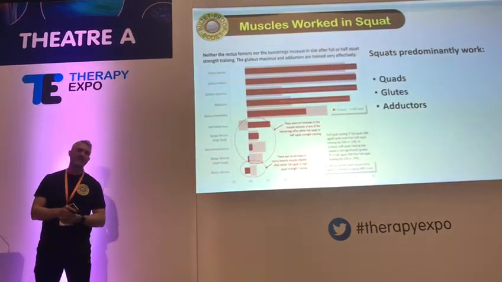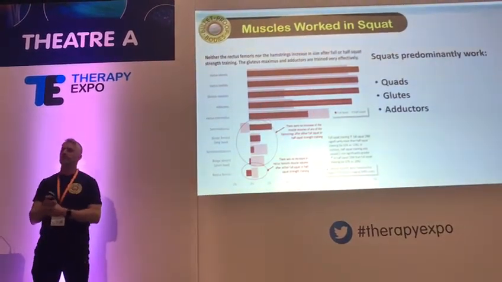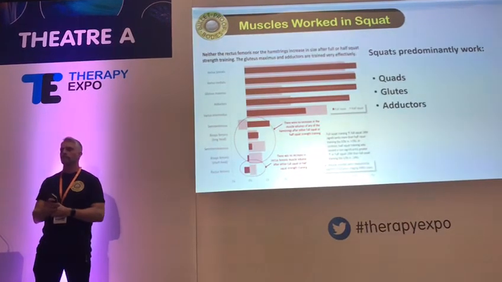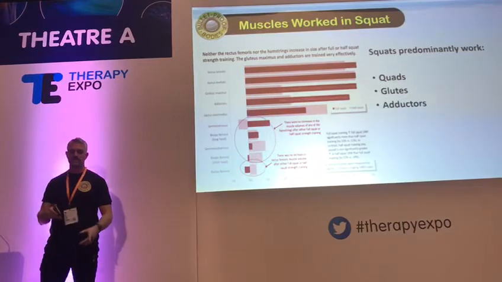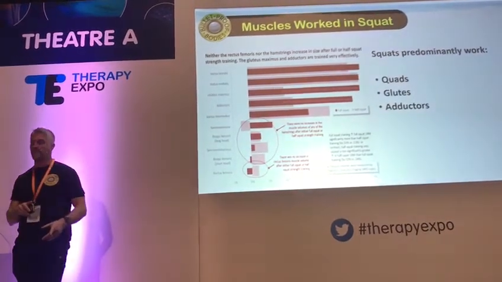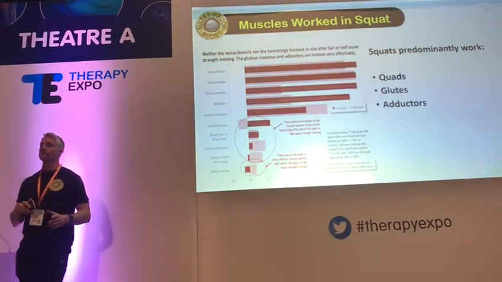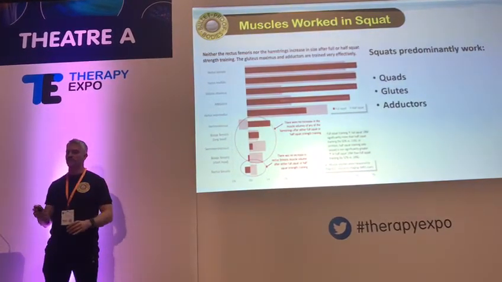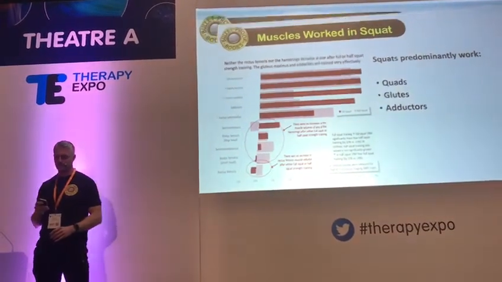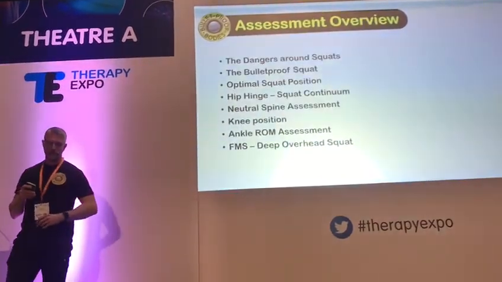They're not really going to work the hamstrings hugely. They're not really going to work the calves hugely, but that will depend on what type of squat you're doing. This is the same research for a half squat as it was a normal squat. So it's going to be a quad and glute and adductor dominant exercise. So if we look at the